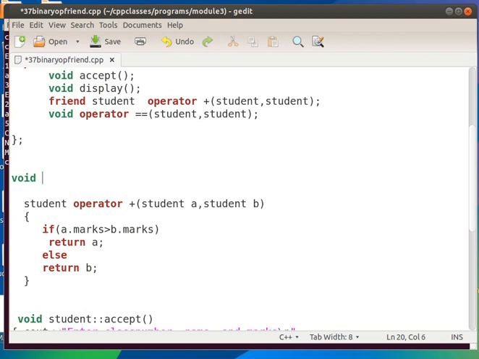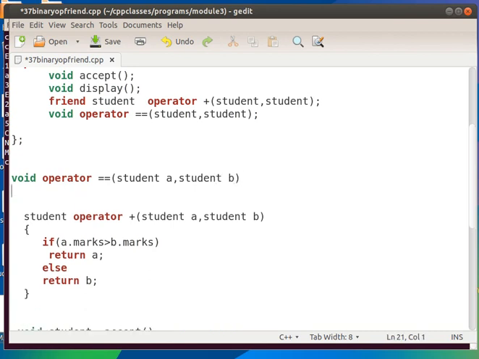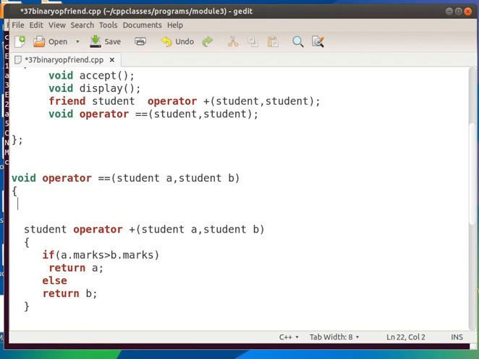It does not belong to any class. So void operator equal to accepts two parameters, student A and student B. Inside that I am just printing, and I am doing no operations.